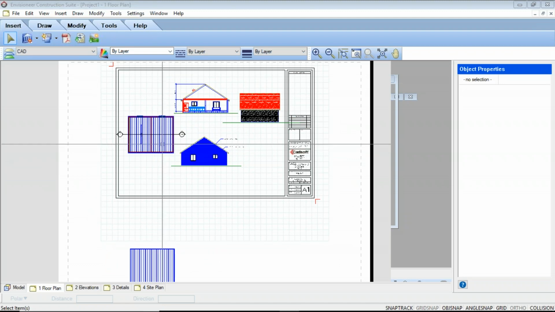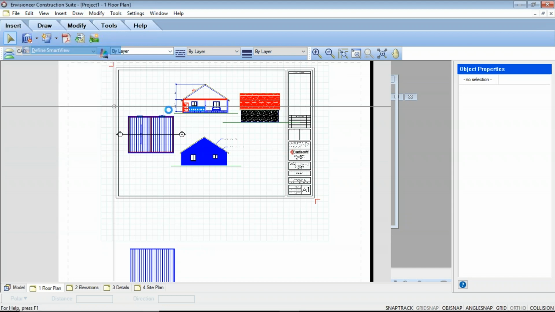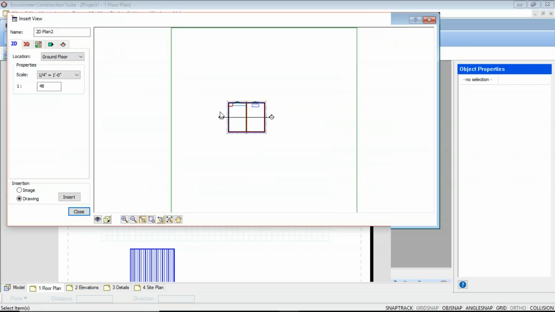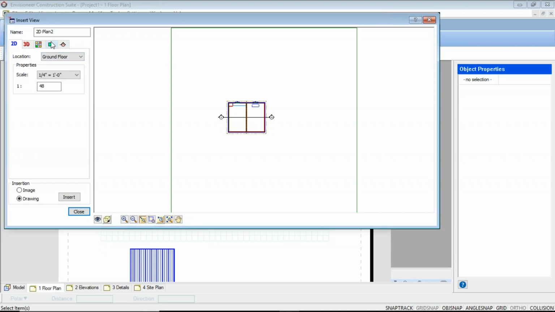Another question pertaining to that is, can you see that as an elevation for your wall framing? Yep, it would be the exact same, so that's not a problem. Again, define Smartview. You can do this through the section or the elevation view. Depending on the version you have, we also have a wall framing, wall panel tool. But if you want to show just the wall